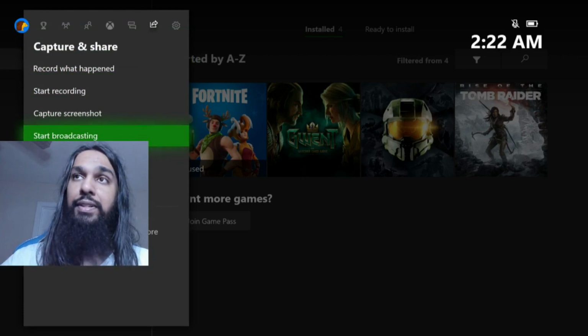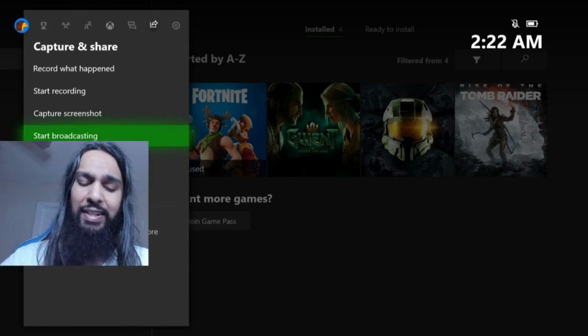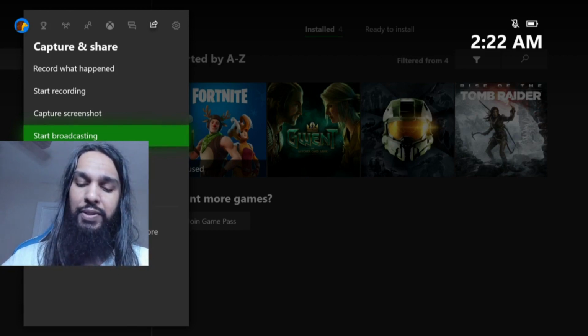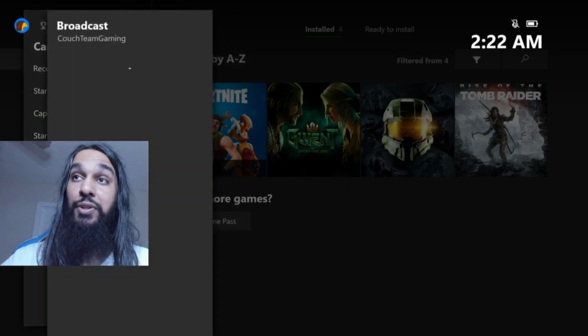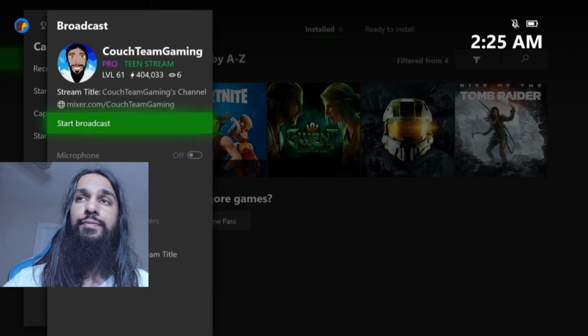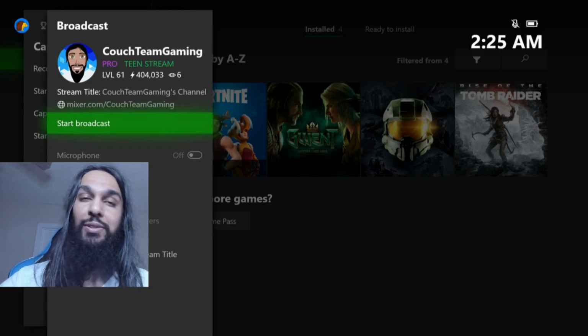So we're going to click on that, and you'll notice the image actually changed over there. It's no longer the satellite with the waves. It has changed a little bit. It's like an arrow now in a half box, a square. So we're gonna press A on start. So we click on that. We're gonna have to wait a second, just a moment, and here we go. Now you'll notice that my things are actually still grayed out, and yours might be too,